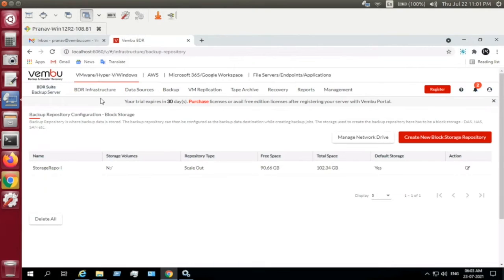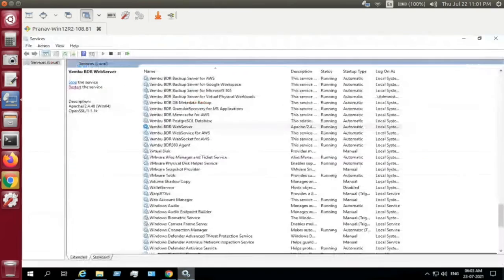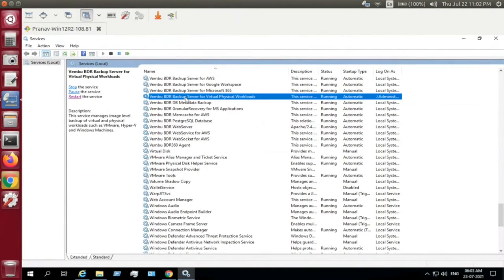Now, once you've done that, the next immediate step is to add the host that you want to back up. Before adding the host, there's one main step, only for Hyper-V and Windows Disk Image backups. Run services.msc and go to the service of the Wembu BDA backup server for physical workloads.